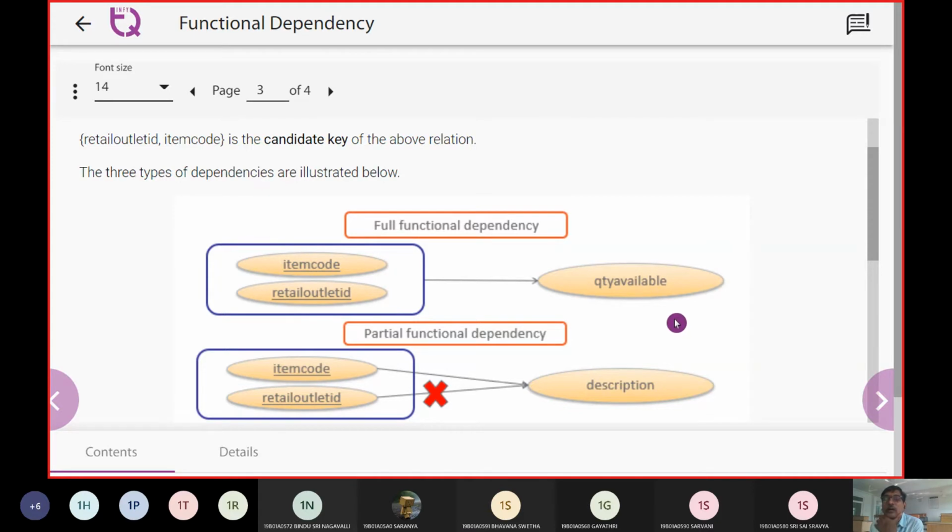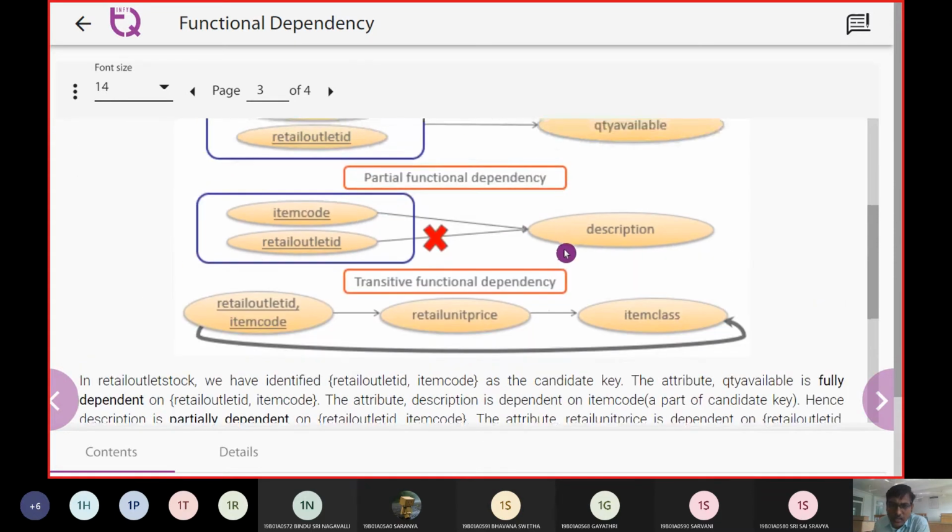So the quantity available is purely based on the item code and outlet ID. Unless we have the product ID, we don't know whether the product is from the store or not. Second thing, the same event has to be known to the retail outlet ID, at what retail outlet ID it is going to occur, so that it can be traced out. For the tracing, we are going to use this item code and retail outlet ID, followed by the quantity available.